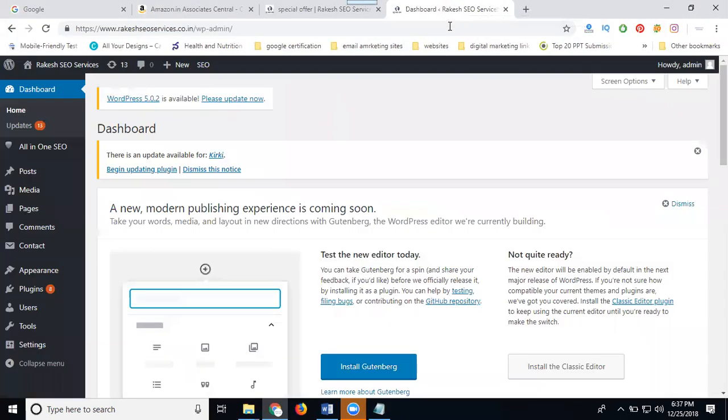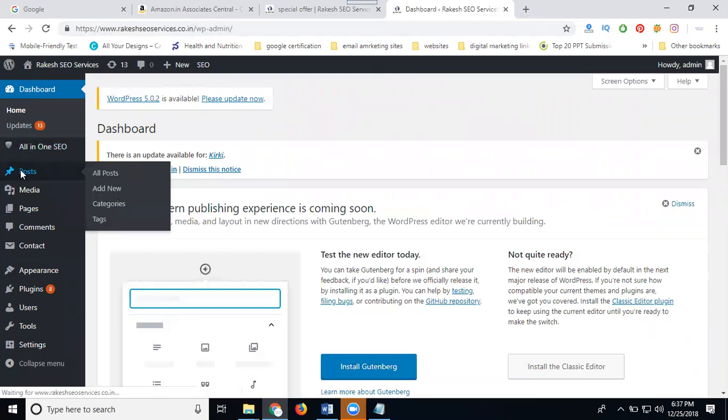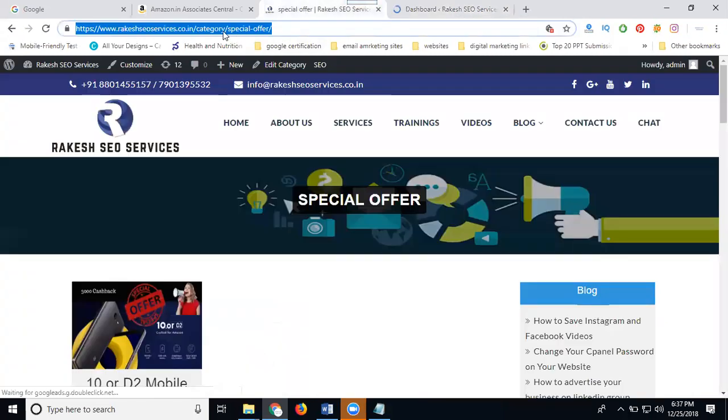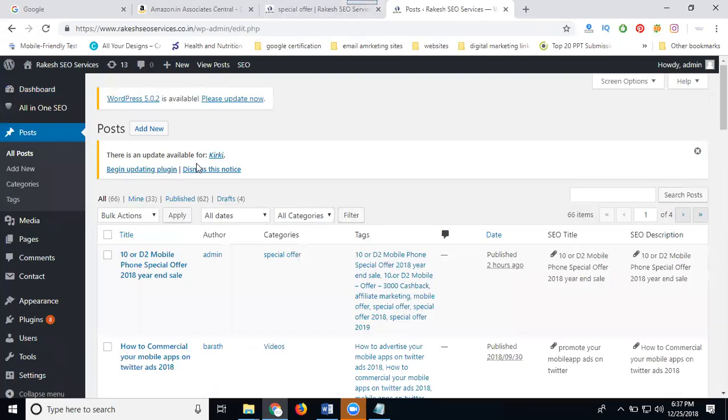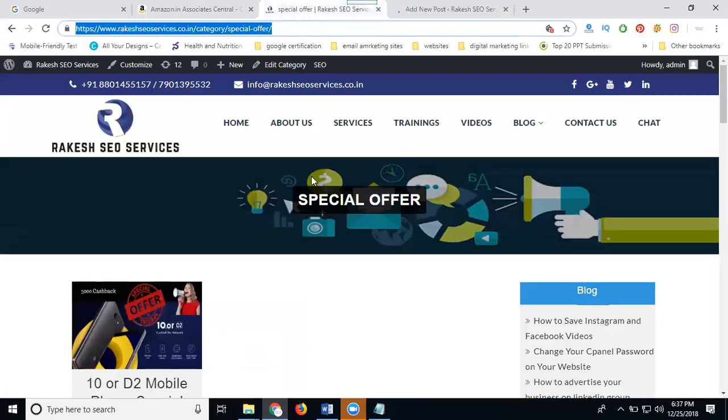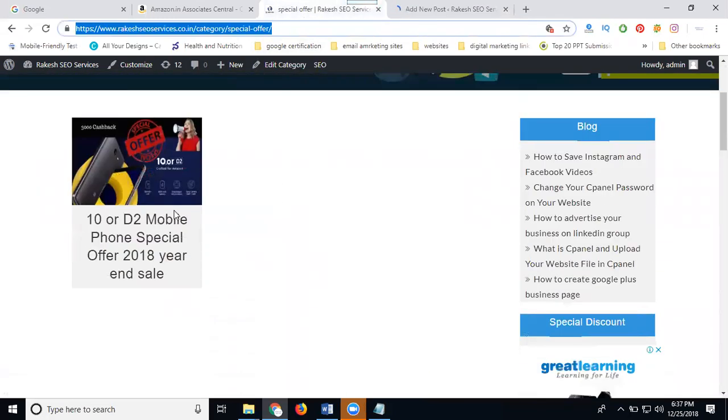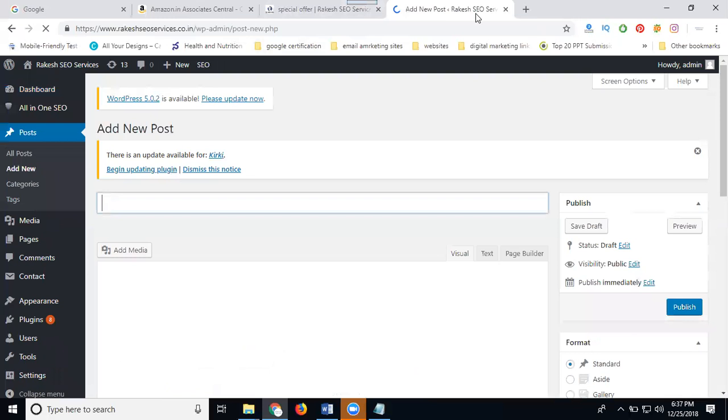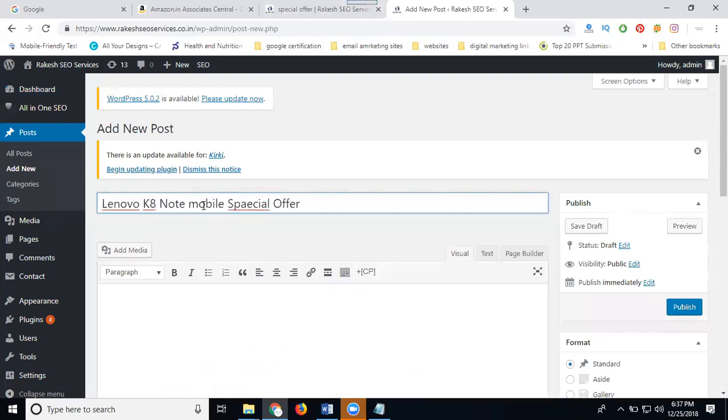Go to your WordPress dashboard where you can add a post. The menu name is special offer. Just go to your post option. Add new post. Previously how many products are there? Only one product. Select it. Paste it.